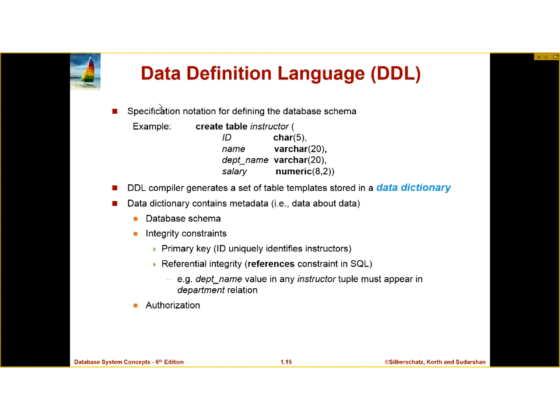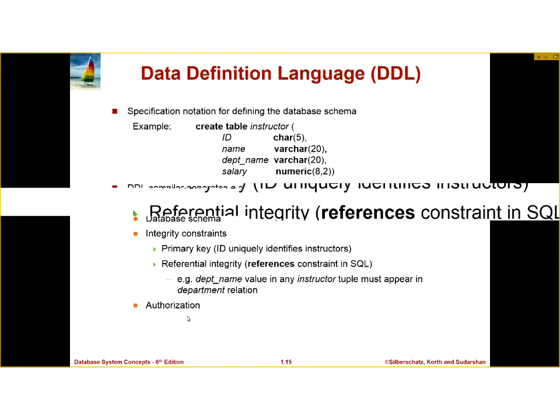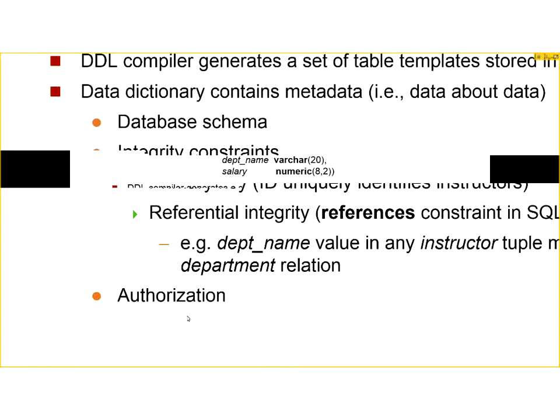Then the DDL compiler generates a set of table templates and stores them in a data dictionary, which contains information about all the database schemas, what kind of database design there is, and the integrity constraints. For example, what the primary key is, what the referential integrity constraint is, and then who is authorized to use that data. So this information is kept